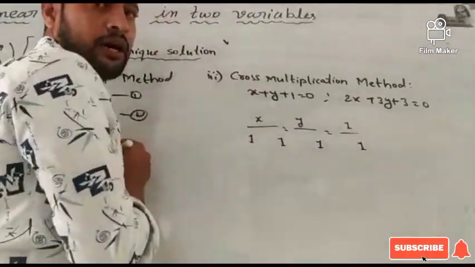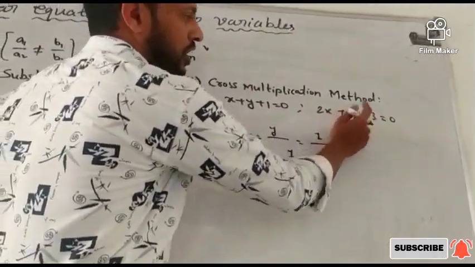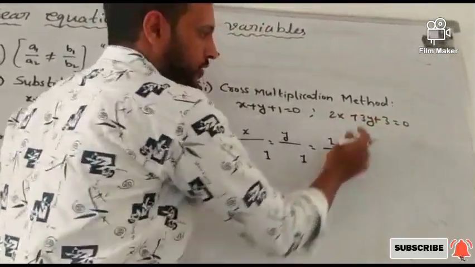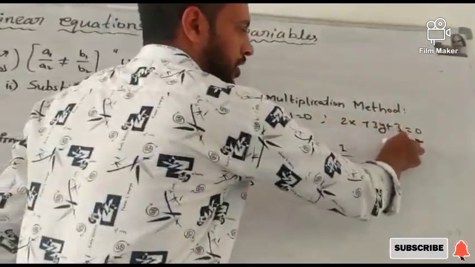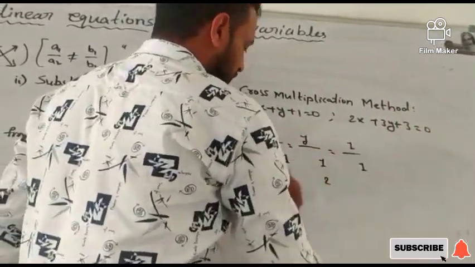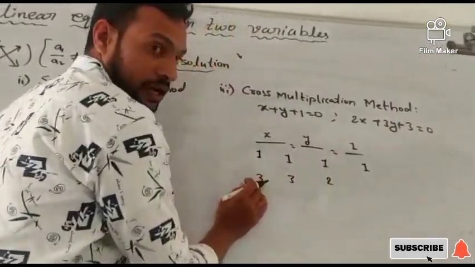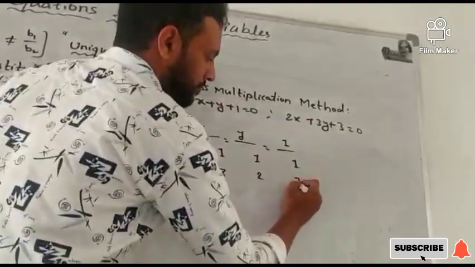And for the second column, you have to go with the second equation. So again, you have to start with the y coefficient here. What is the y coefficient here? 3. You have to write 3. Then comes the constant, that is also 3. And then comes the x coefficient, that is 2. Finally, you have to write the initial value. So we are starting with 3, and we are ending with 3.